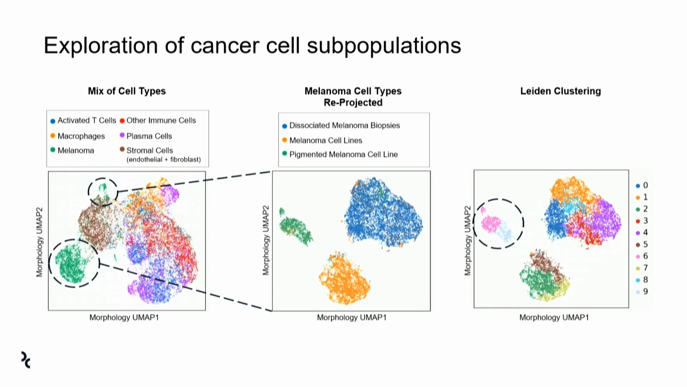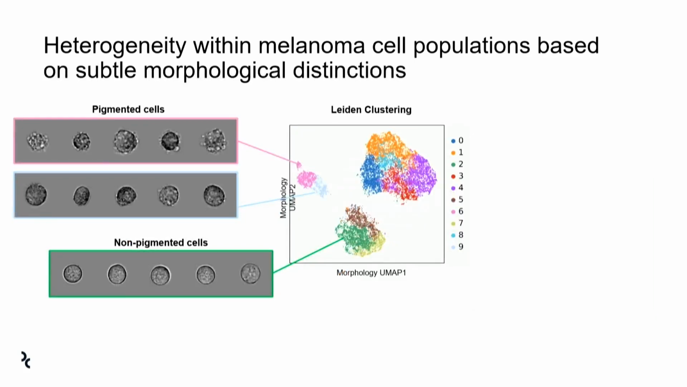And when we look at it from this perspective, we can clearly see that the pigmented melanoma cell line, while it's one cell line, actually has two distinct subpopulations of its own based on morphology. And so we wanted to look at that a bit more. And when we looked at the individual cell images from those two different populations, we indeed do see that there